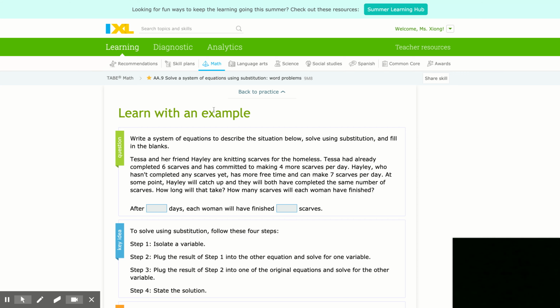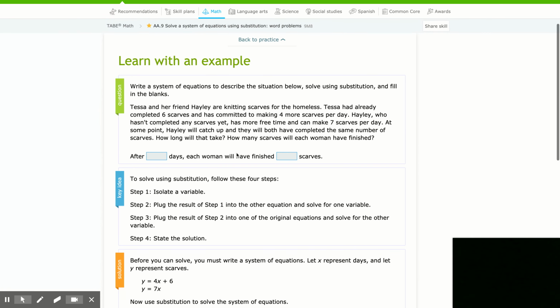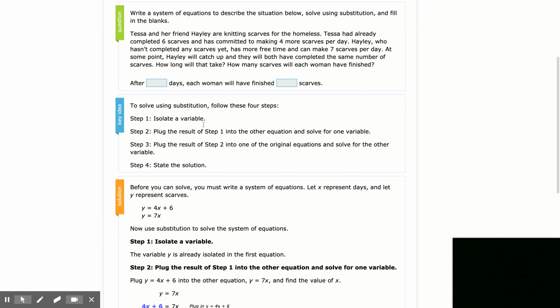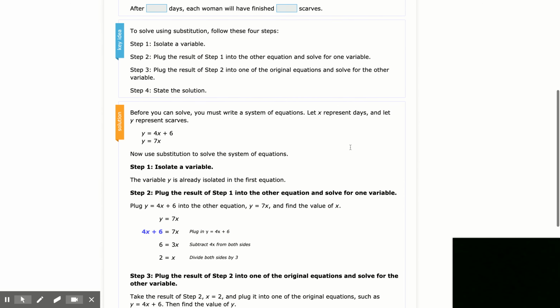All right, this time we're going to solve a system of equations using substitution. So we are going to figure out how to solve this by figuring out the equations. All right, the system of equations. You should have two equations. After that, you need to substitute and then figure out what the